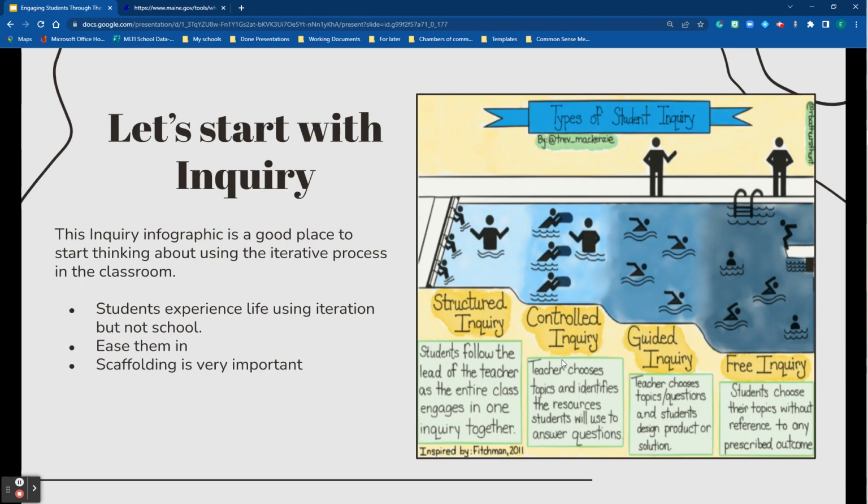So I'm going to start actually with talking about inquiry. This infographic here is one of my favorite descriptions of inquiry, because inquiry is not something that you just start and just give students the ability to do. And again, I have a PD on inquiry, so I'll make sure that I link the PD on inquiry to this as well if you're unfamiliar with how